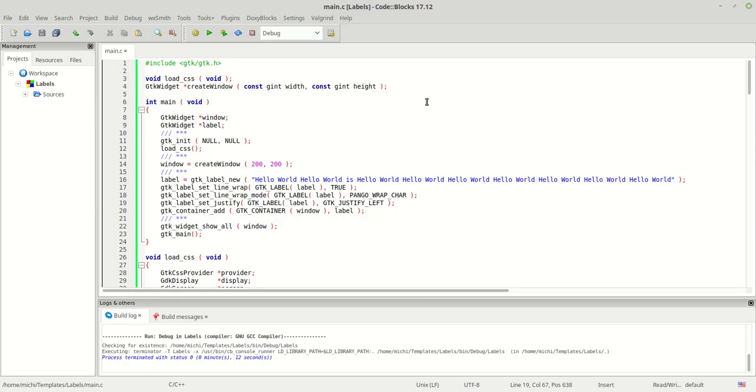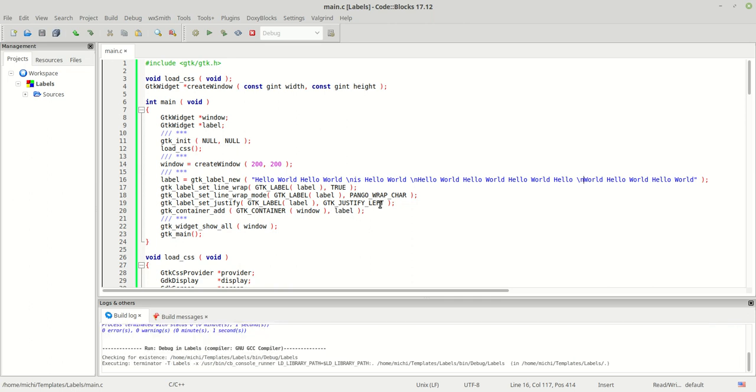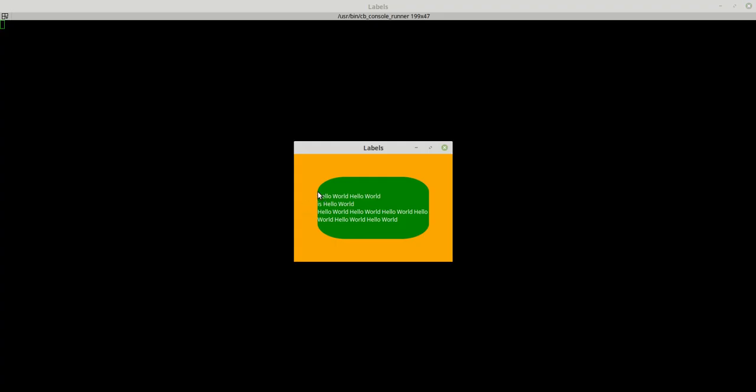So just to have the function work, you need text with more lines. This means I will put here a new line character. I put another one here, for example, and another one, let's say here. Now watch, when I run the program now, because I said GTK justify left, you see the whole text here, it's sitting on the left